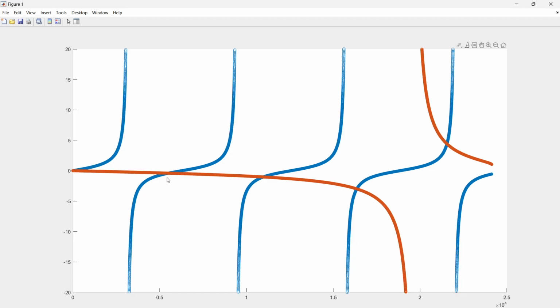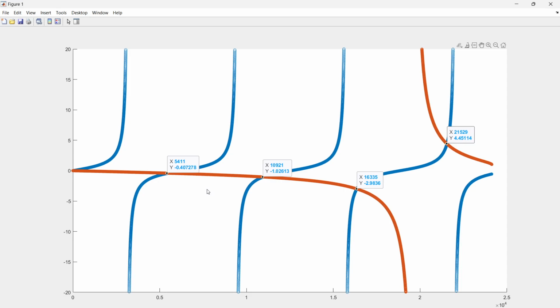So what are the solutions of the equation? The solutions of my equation are wherever my RHS and LHS are intersecting. So here, x, which is nothing but kappa, equal to 5411, kappa equal to somewhere around 10921, kappa equal to 16335, and kappa equal to 21521. So you can say that 0 is also a solution, but that's a trivial case, so we ignore that. Other than that, there are 4 solutions for my